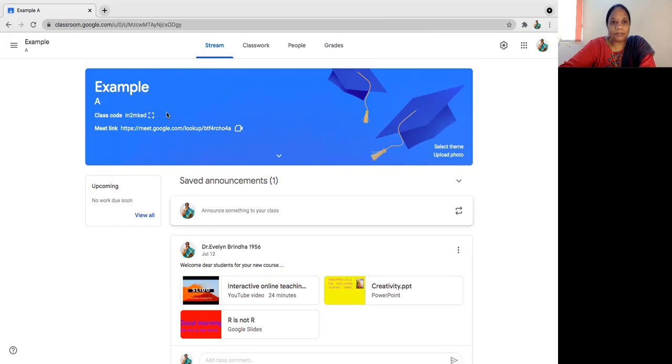As a continuation of that video, as I already told you, Google Classroom has got 4 tabs. So the 4 tabs are Stream tab, Classwork tab, People tab, and the Grades tab. Yesterday I had just covered the Stream tab, and I have not touched upon the other 3 tabs, which is Classwork, People, and the Grades tab. So today we will be covering the other 3 tabs and all the full features of Google Classroom I will be covering in this video.